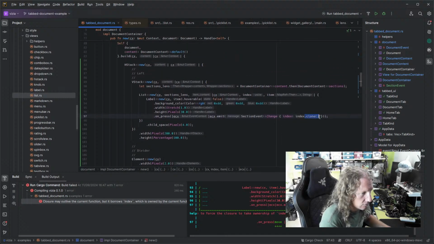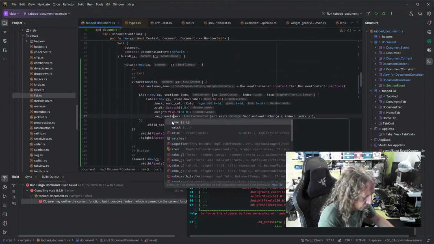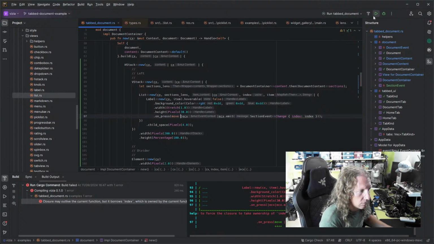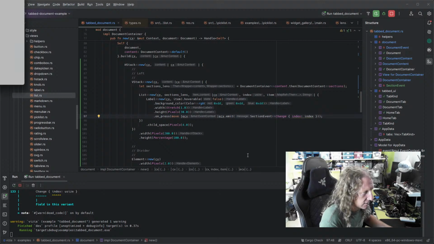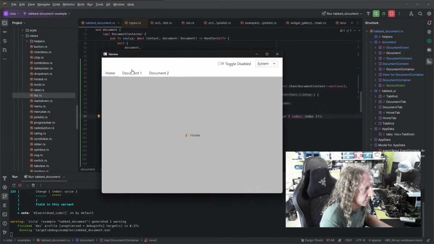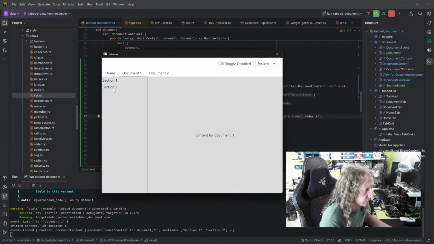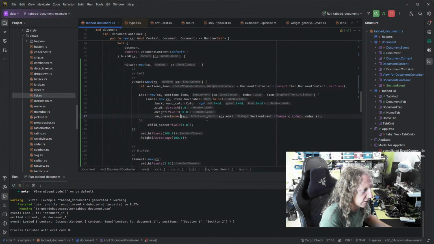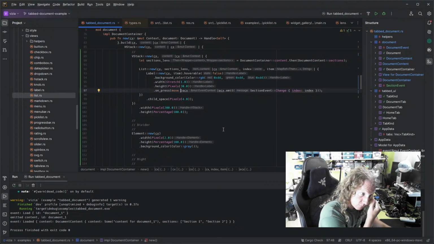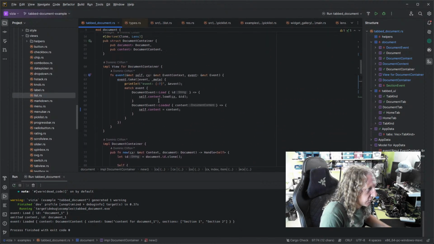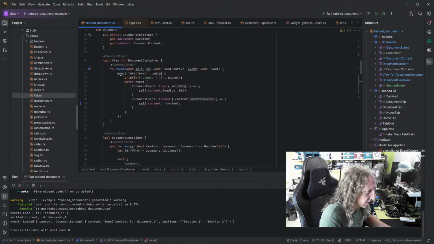No. Is never read. Yeah, that's fine. Right. We've got nothing that does anything. So then I suppose we need something that handles section change events. So we've got this implement view for document container. And I suppose we can go